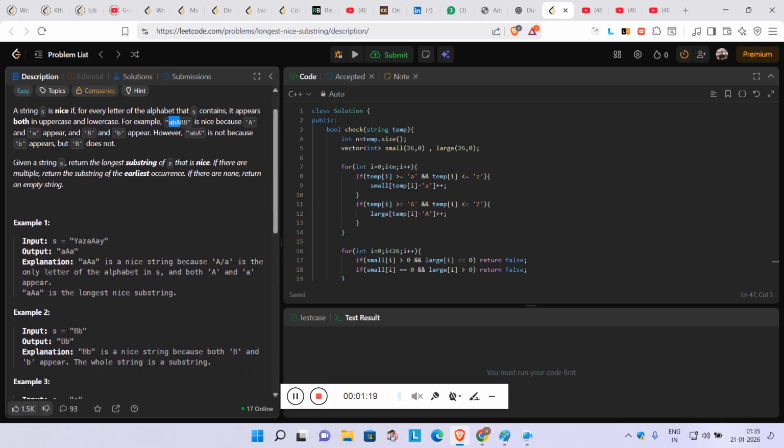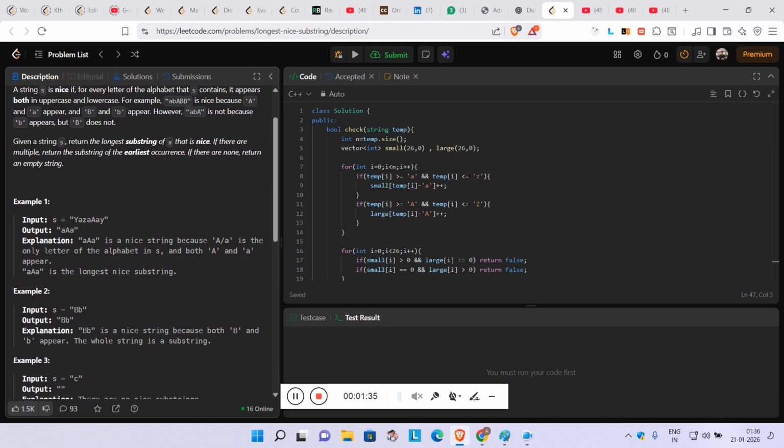So we have to find the longest. In this test case, the whole string is given here, and we have to find what is the longest substring here which is nice. And as I already said, what is the definition of nice? If we start the nice substring from here, first we have to see, okay, the resultant substring